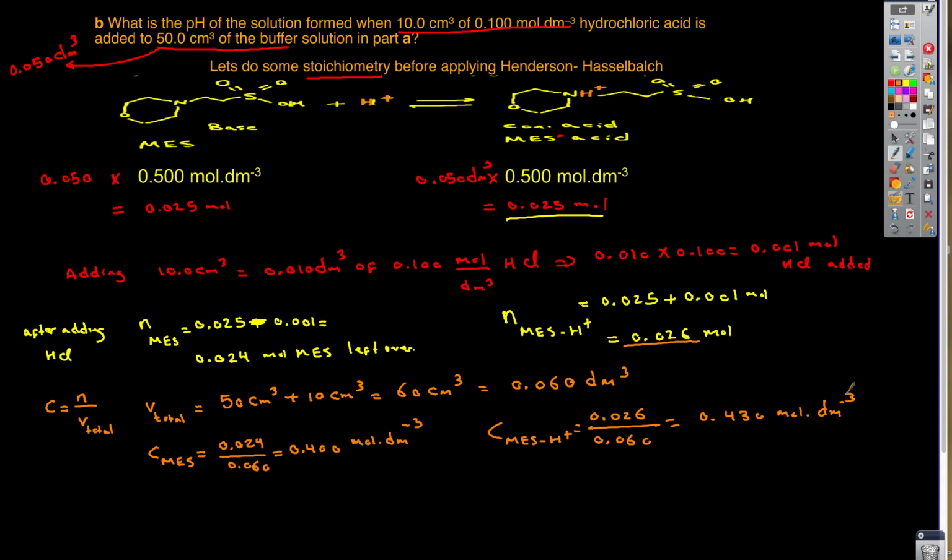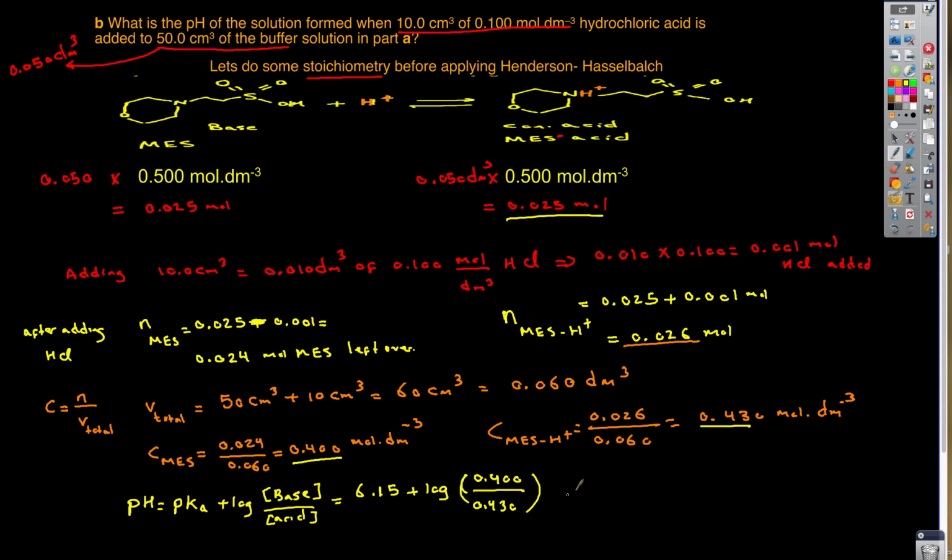Now we are ready. We just plug it into Henderson-Hasselbalch. So the new pH is pKa, plus log of, remember, base over acid. So it was 6.15, pKa doesn't change, plus log of concentration of the base, 0.4, over concentration of the acid, 0.430. So when we do this and plug it into the calculator, we get 6.11,